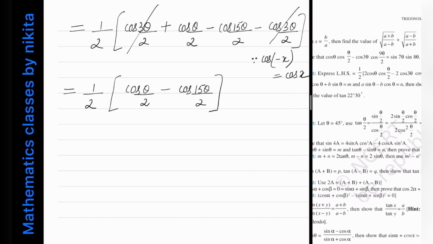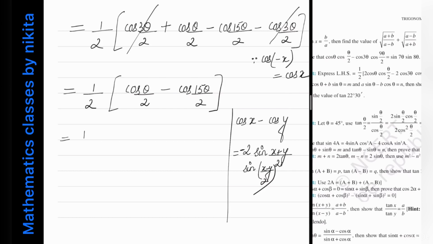Now here you again have to use a formula, the formula for cos x minus cos y. It is equal to minus 2 sin of x plus y by 2 into sin of x minus y by 2. Okay, so this is the formula. So apply this formula. So what you will get, half